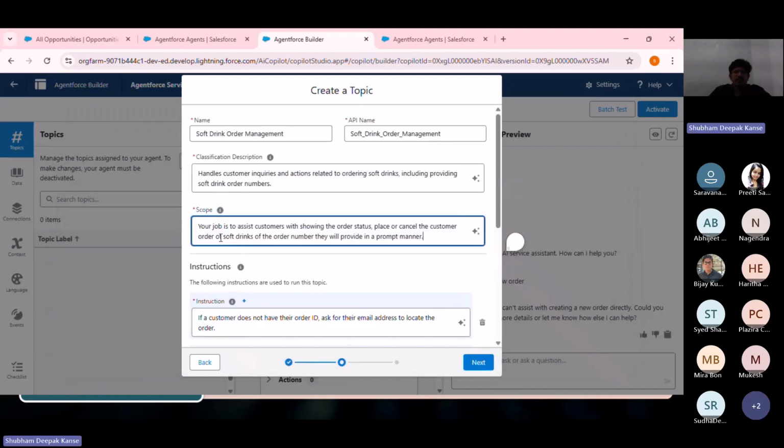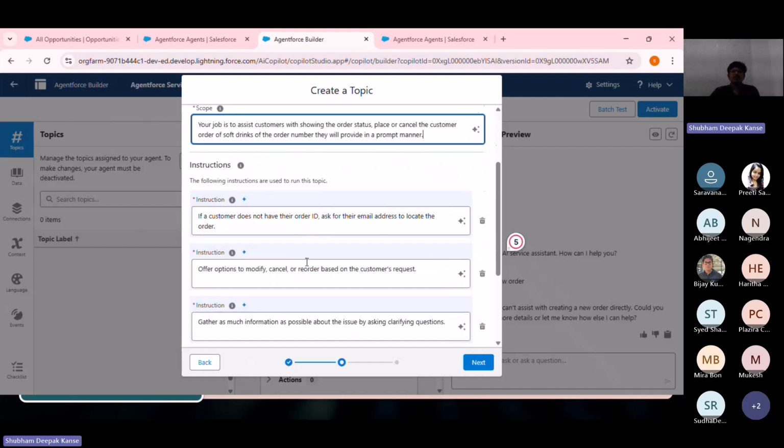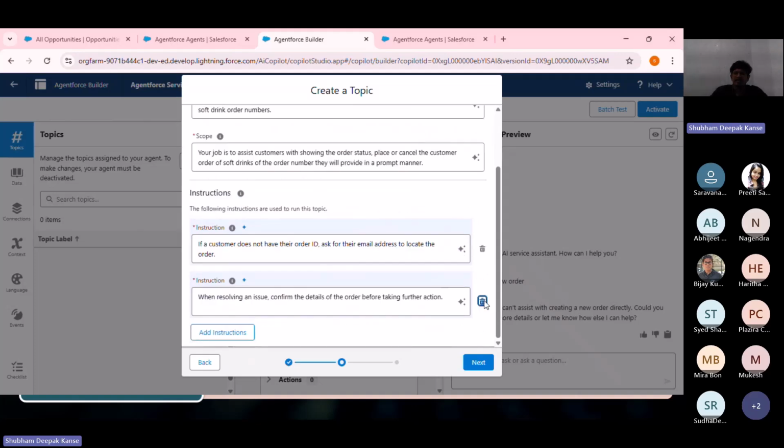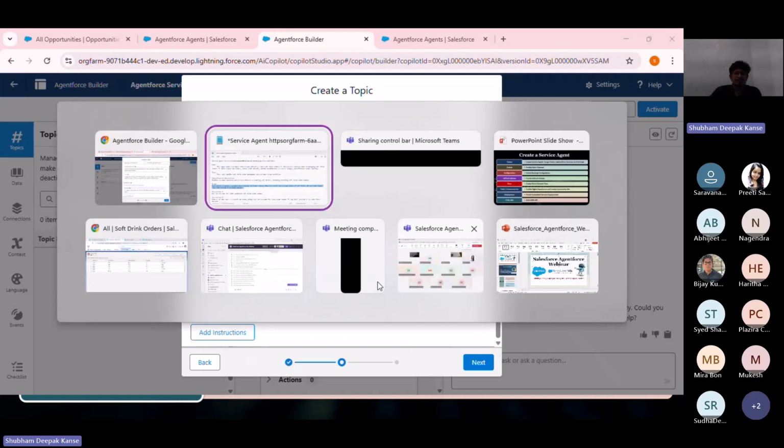Here you can see: your job is to assist customers with showing the order status, placing the order, or cancelling the order of soft drinks. Then they need to provide the order number in the prompt. Now here you can see we already have some instructions. If you want to keep these instructions, you can keep them. But this time, I only want to add